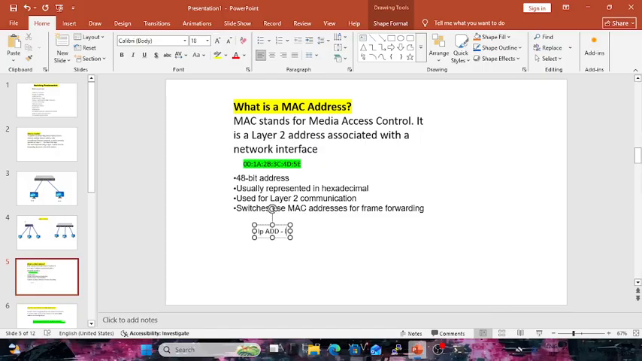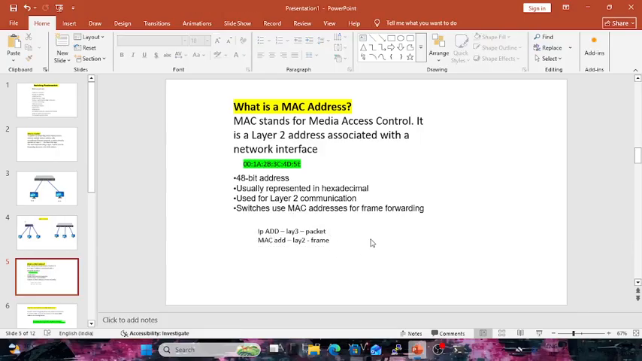IP address is completely layer 3, so it's called a packet. MAC address is layer 2, it's called a frame. So remember this, guys. If an interview question asks whether switches use packets or frames, you just tell them that. Just remember,